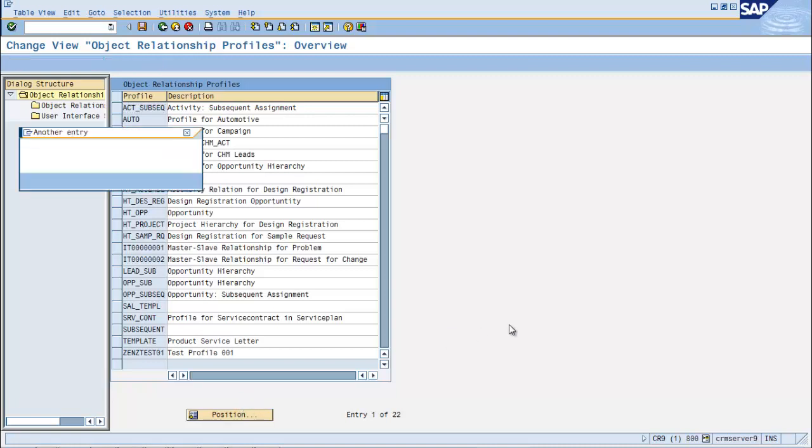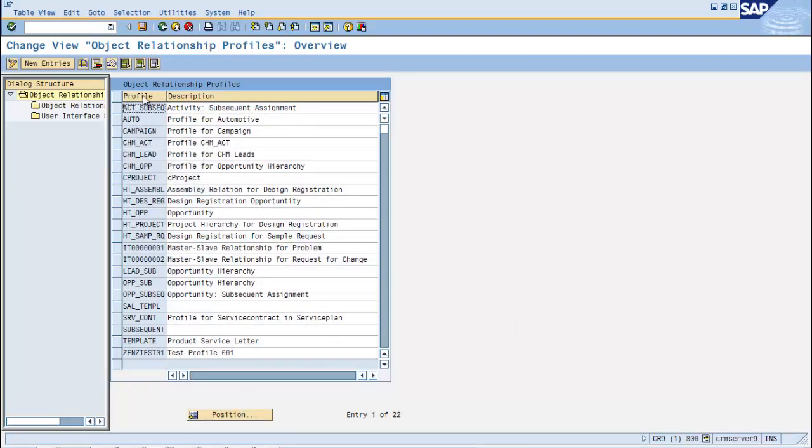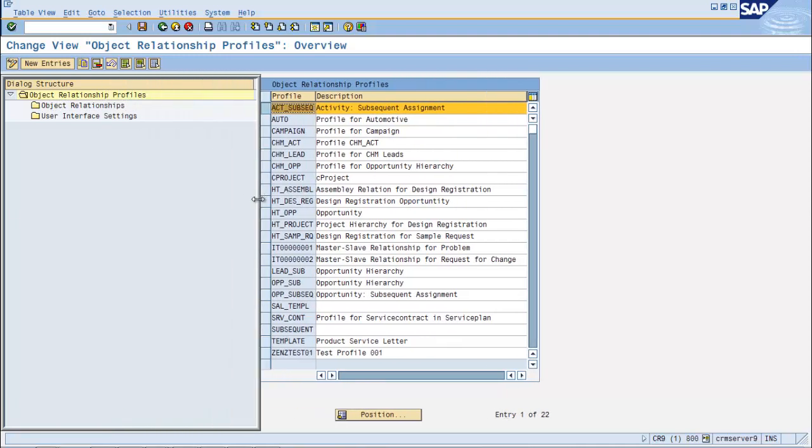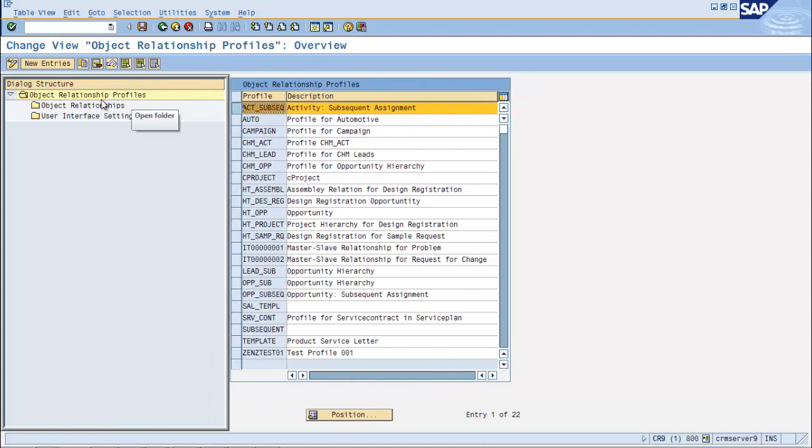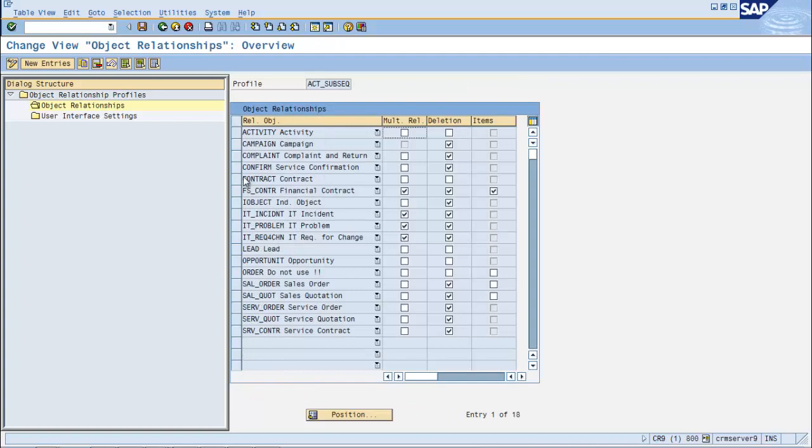We search for the assigned object reference profile that we copied, the activity subsequent assignment. So you can see what settings have been made. We first have the object relationships. You can see these are the transaction types you can assign. Now there is multiple relevance, there is deletion, and there is items. So the items could also be included, whether subsequent assignment could be deleted or not, and whether multiple reference is